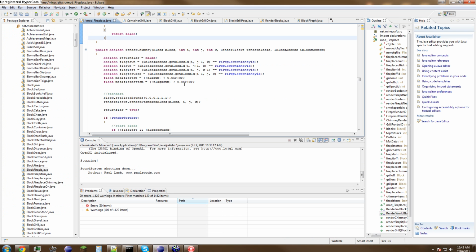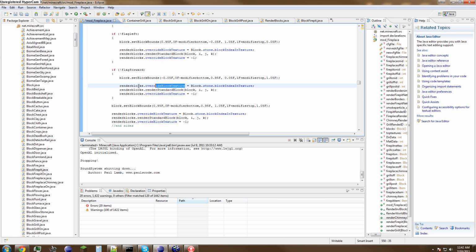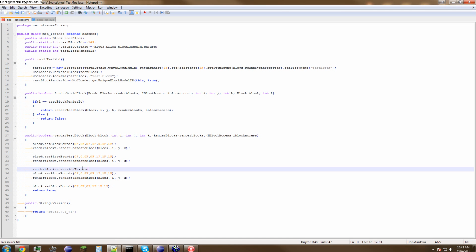I'll just look it up quickly. Here it is. You set this override texture to, so we started out with this brick blockIndexInTexture. How about we set it to Block.obsidian.blockIndexInTexture. So now it's set to render that,